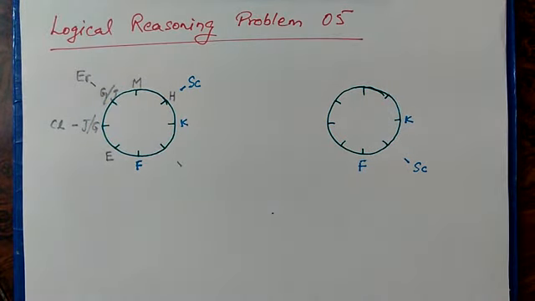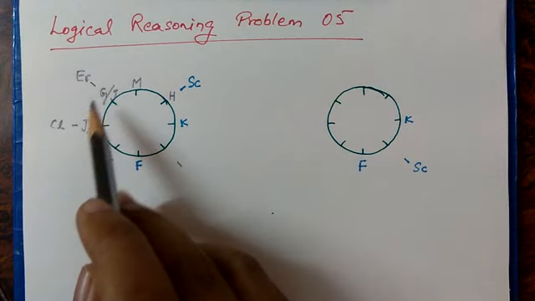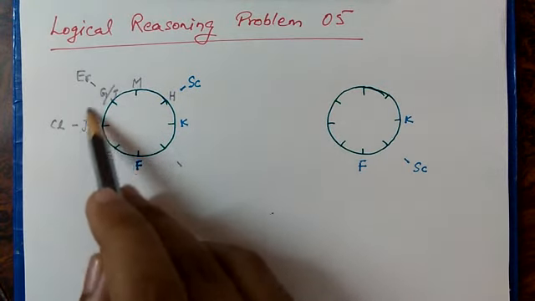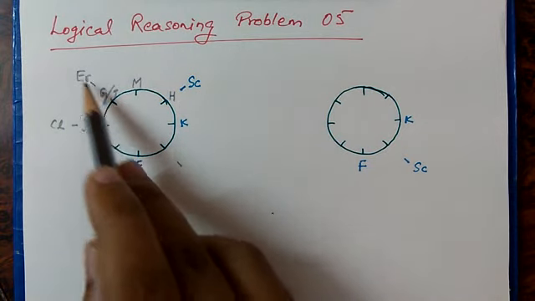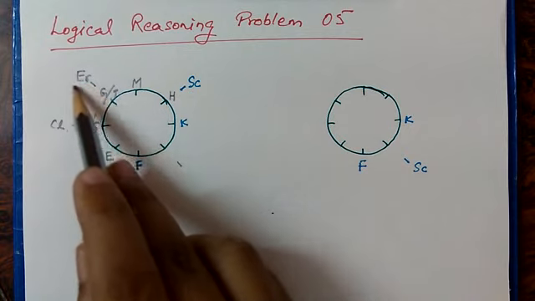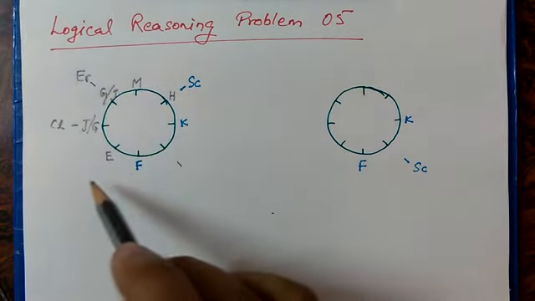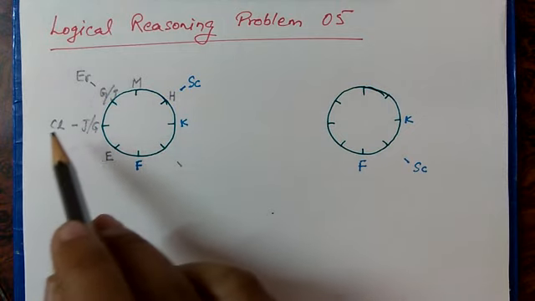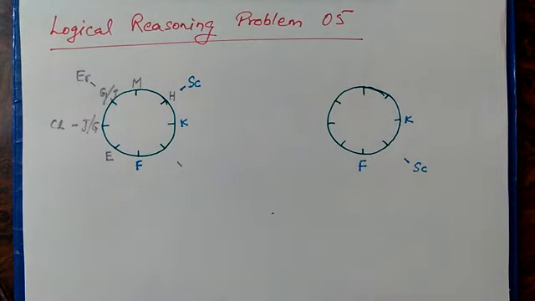Neither J nor G is an engineer. So we can see that either of these arrangements contradicts the fact that neither G nor J is an engineer. Here in this arrangement, either J or G is the engineer. So this whole arrangement is wrong. So we have to go to the arrangement where the engineer is placed over here. So let's do it quickly.